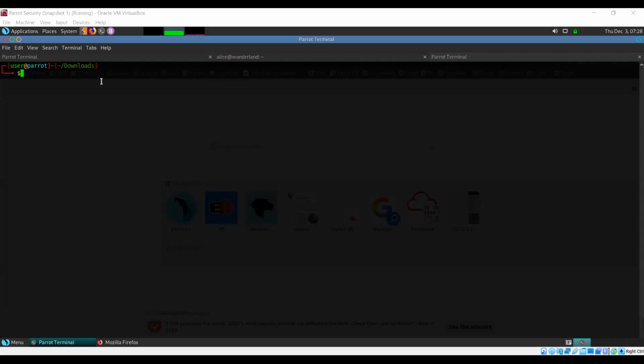The first step is I'll need to try and figure out the IP of my target before I try to do anything further. So I showed you that we can do that using Nmap easily.